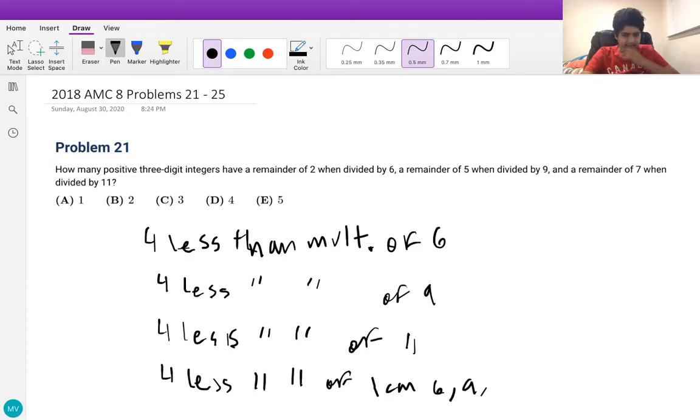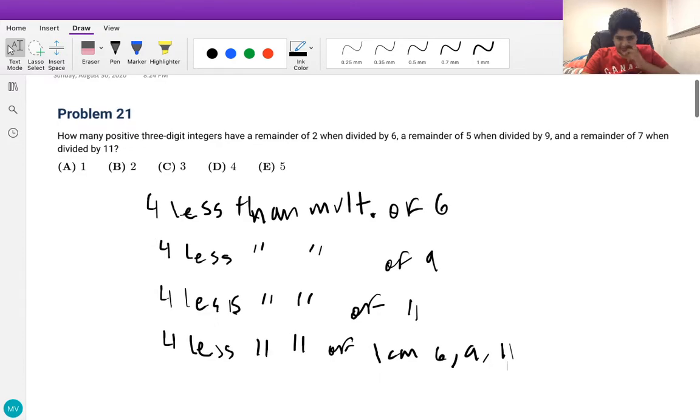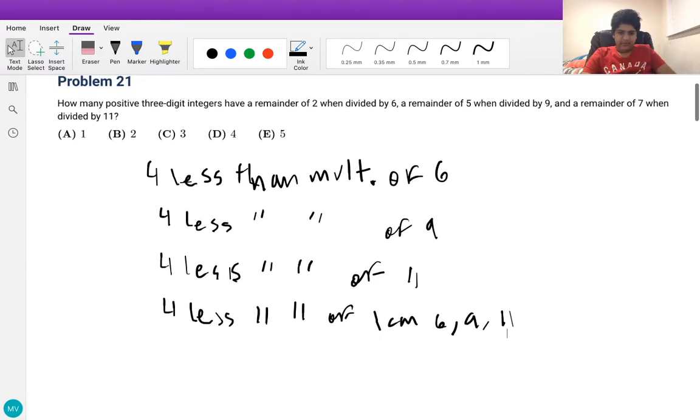This is because if you add 4 to the number, you get a multiple of 6, a multiple of 9, and a multiple of 11, which is a multiple of the LCM. The LCM of 6, 9, and 11 is 6 times 9 times 11 divided by 3, since there's a common factor of 3 with 6 and 9. And this is going to give an answer of